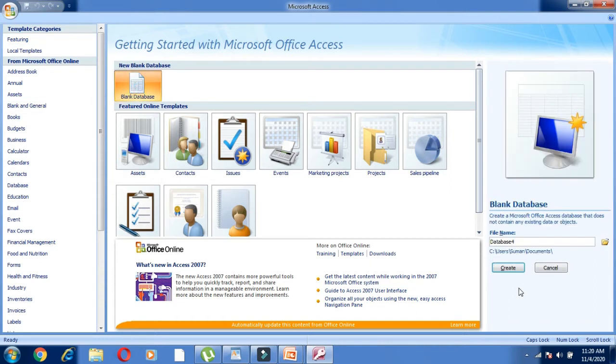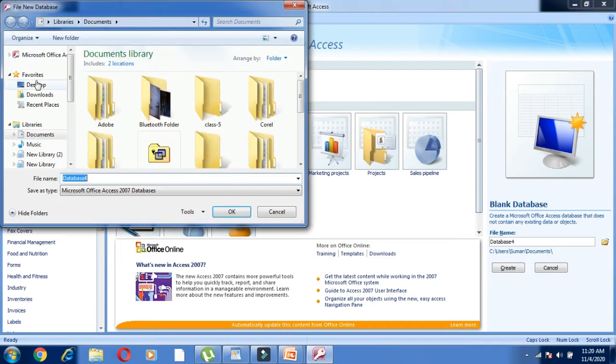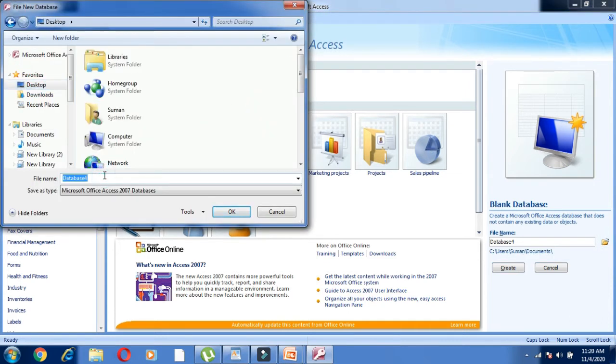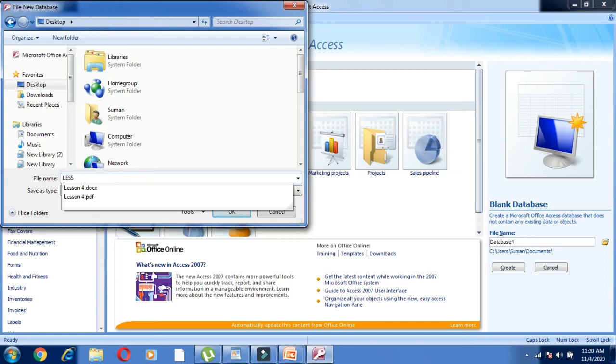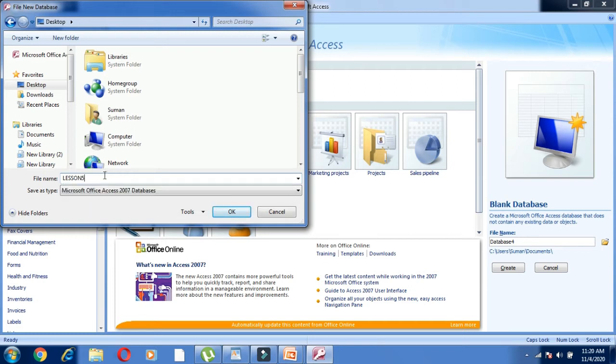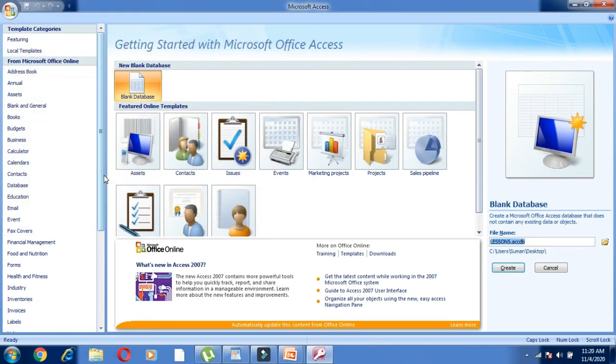So blank database, let me click here and desktop, and I want to change the name to lesson 5. This is our lesson 5. So let us keep our database name as lesson 5.